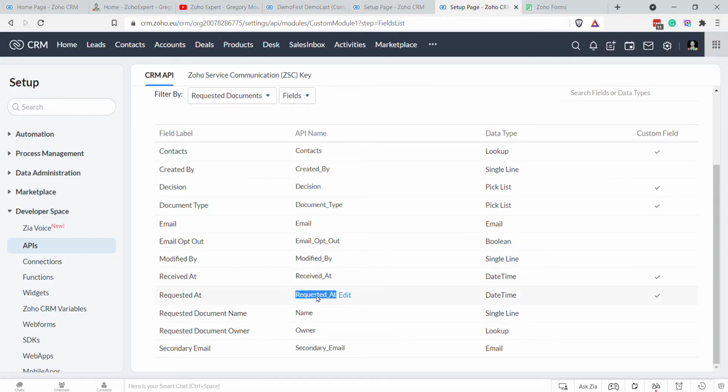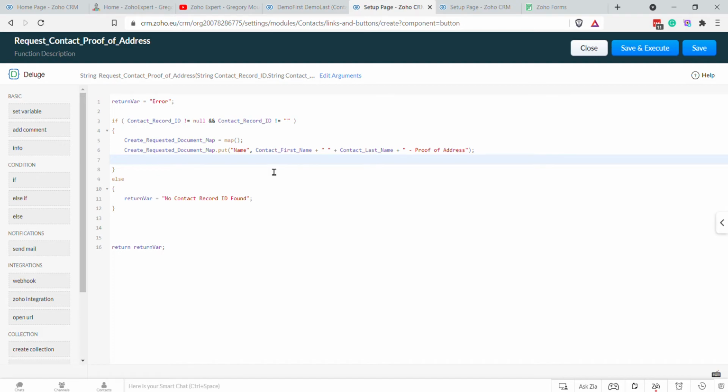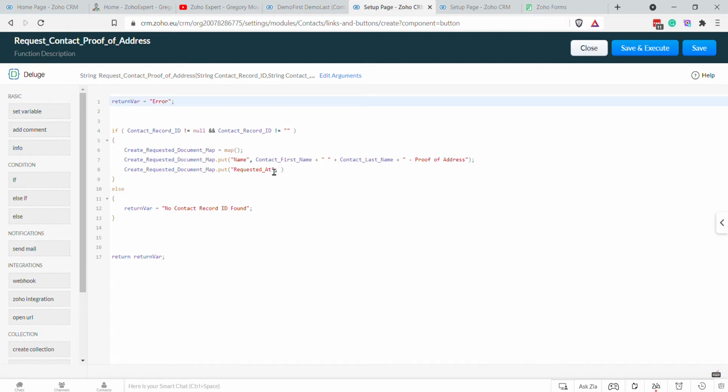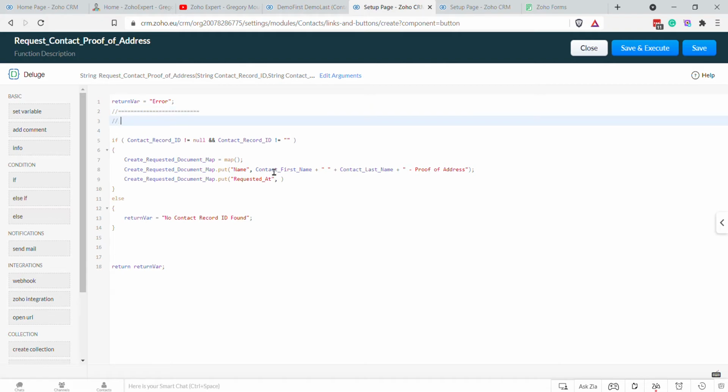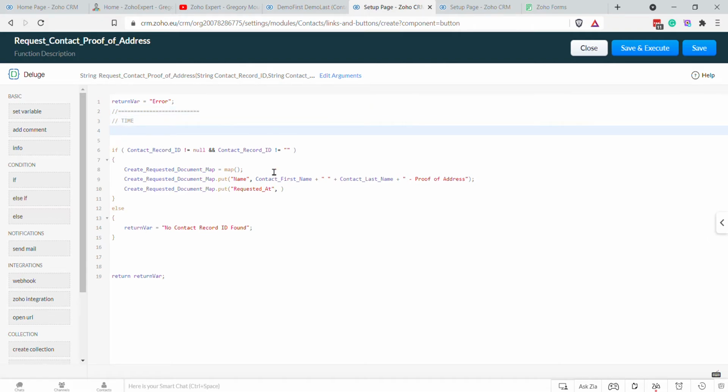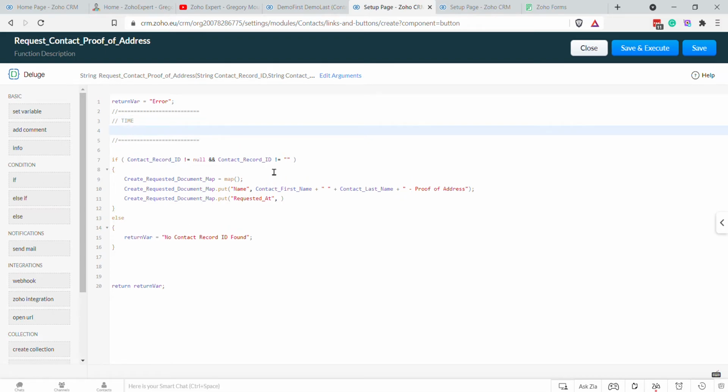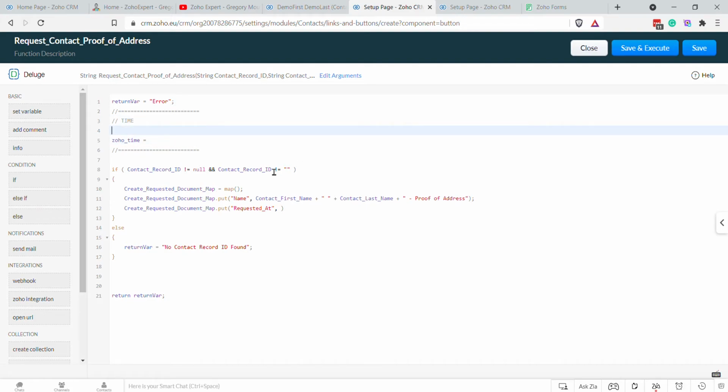We want requested at, that's an important one for us to have. So we'll go create requested document map dot put requested at, and sometimes Zoho has issues with the time, so we'll just say time. When you're adding the time to a field, sometimes Zoho gives you problems with that. So I like to just make my Zoho time field. So Zoho time equals, and we want current time equals